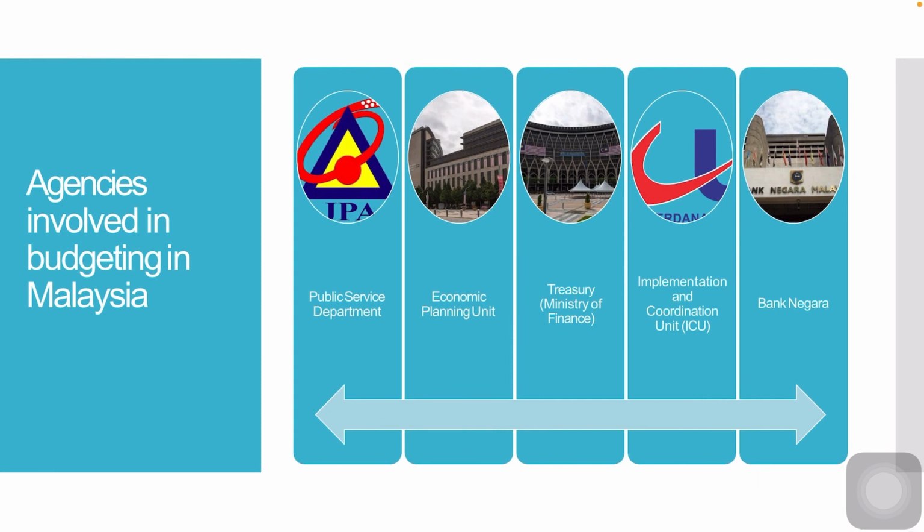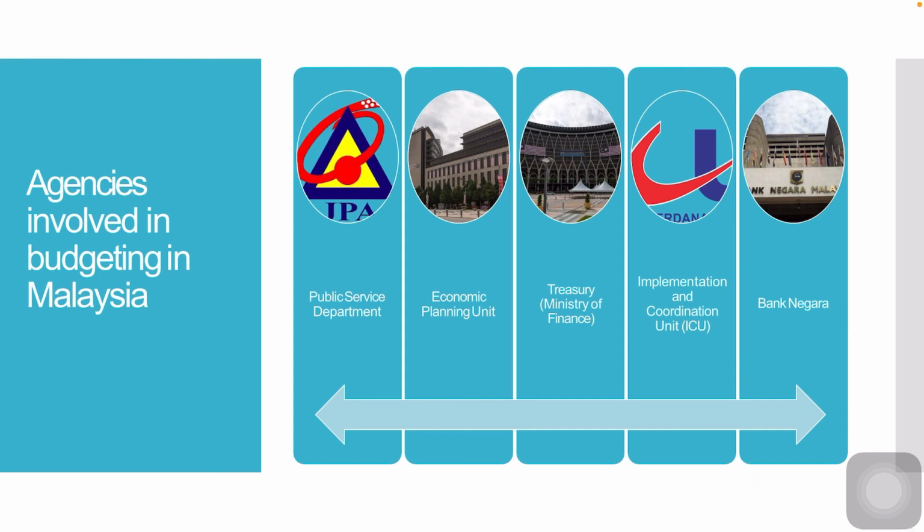So ini adalah agensi-agensi yang terlibat dalam budgeting Malaysia. Kita ada JPA, kita ada EPU iaitu Economic Planning Unit, and then kita ada MOF of course lah kan, Kementerian Keuangan, and then kita ada ICU, Implementation and Coordination Unit, and last but not least kita ada Bank Negara. So basically these agencies sangat related dengan skop public expenditure yang kita dah sebut tu. Contoh macam JPA, you tahu kan JPA dia buat apa? Dia menguruskan hal-hal sumber manusia yang berkait dengan penjawat awam. Economic Planning Unit, biasalah economic development kita. MOF sebagai bendahari yang kontrol